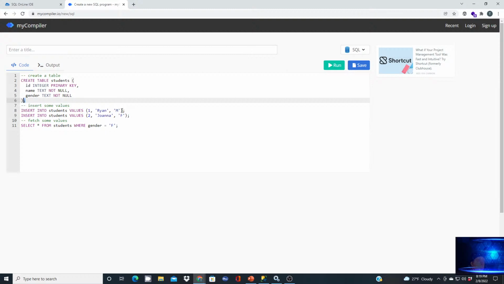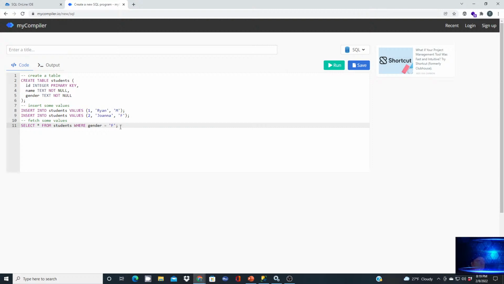Then there's inserting some values. So this is the DML command to insert data into the structure. So this here has two insert statements, and what it essentially is doing, it's putting in a record for two students, one for Ryan, one for Joanna, filling each of the fields with data because each field is required. And then this third line, or this third section here, is writing the data query language, which